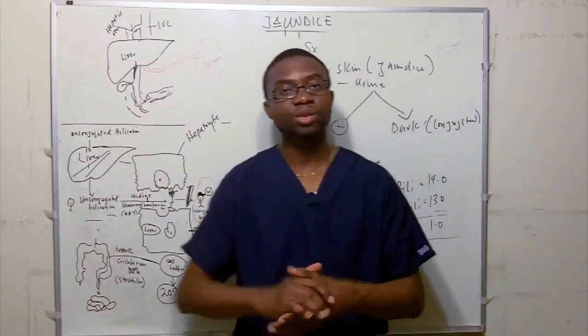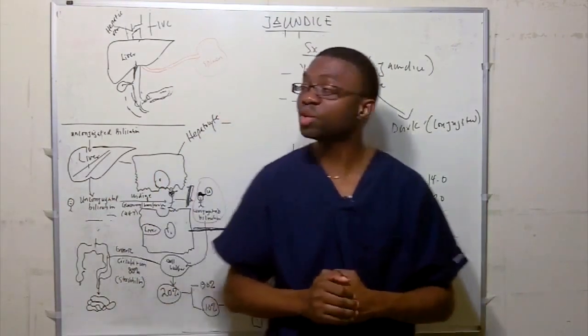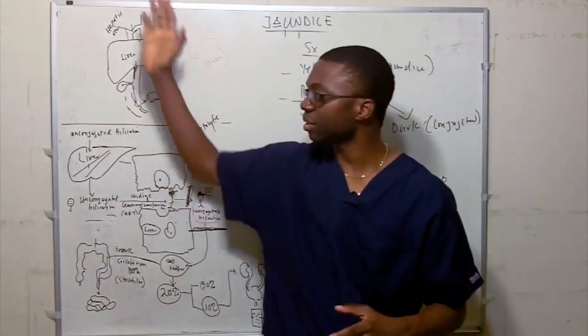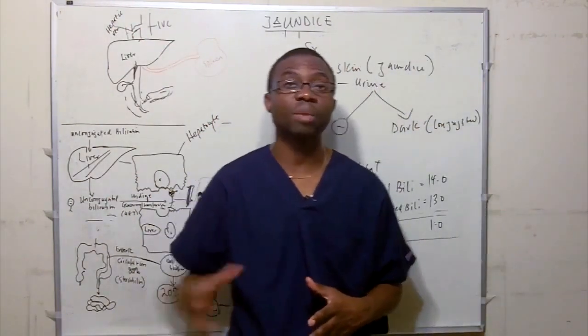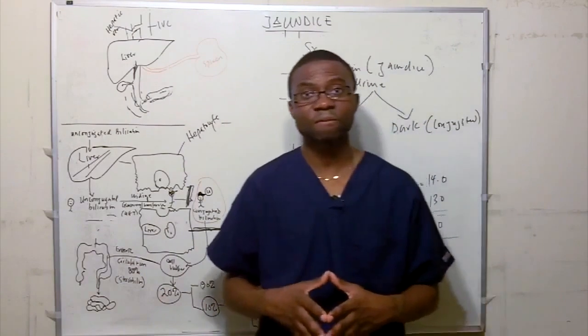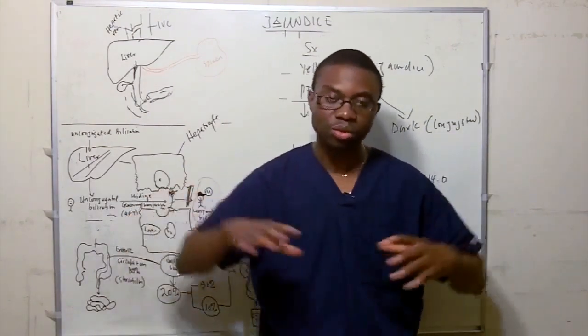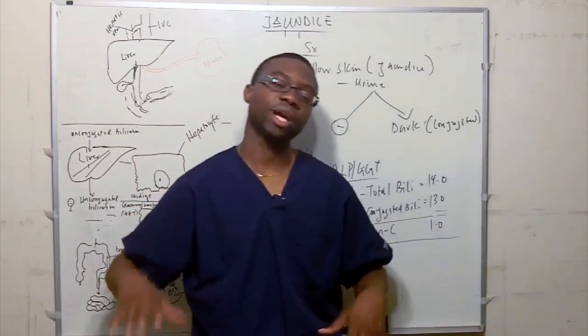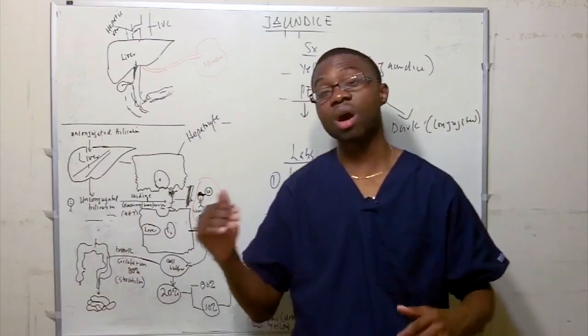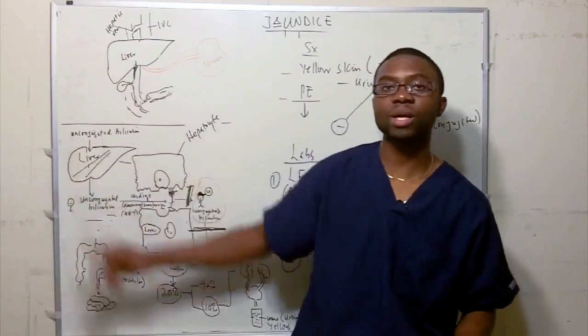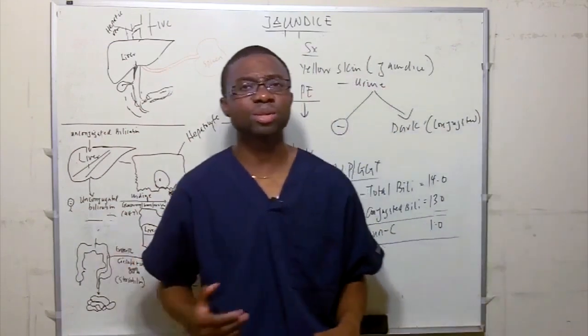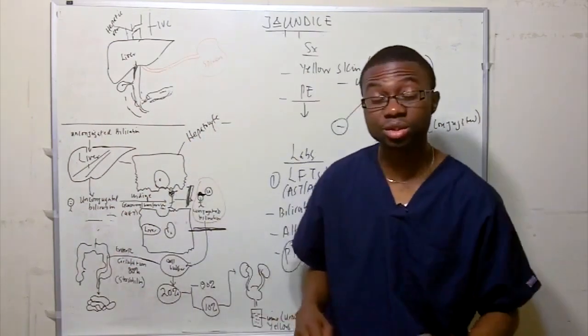So in summary, just kind of summarize everything I've said in a few words. We talked about the pathophysiology of how bilirubin is made. We talked about the causes, right? We split it into 2. For somebody to look yellow, they have to have unconjugated or conjugated. So unconjugated, you want to focus on this guy. It's something along that pathway, maybe hemolysis, too much red blood cell breakdown,